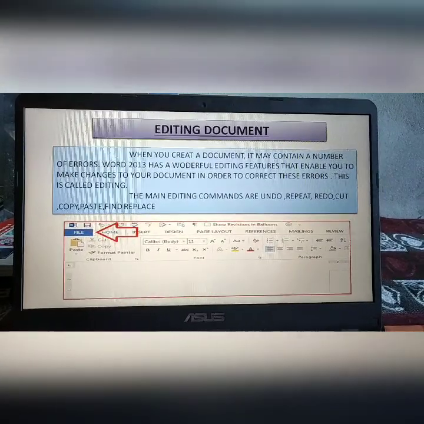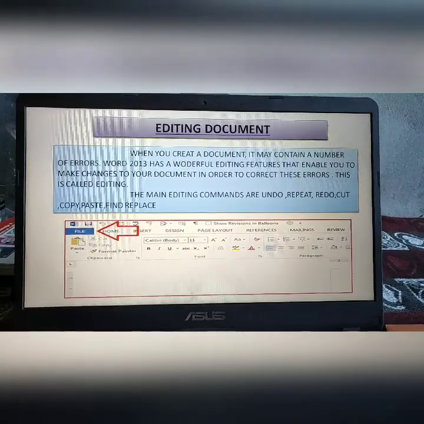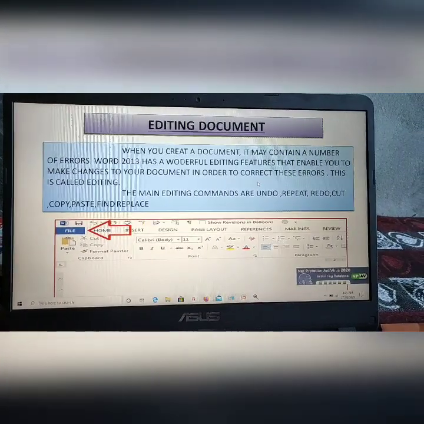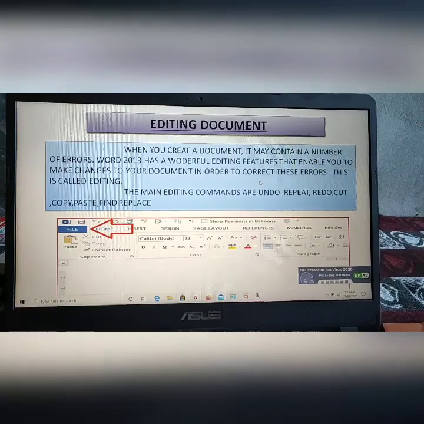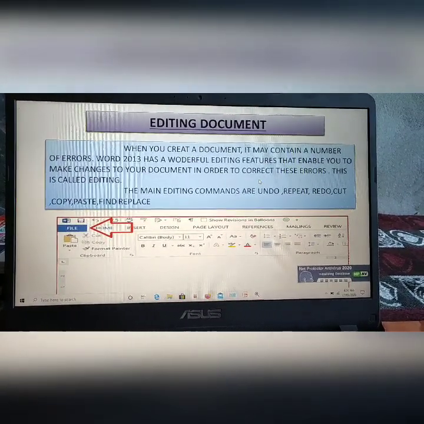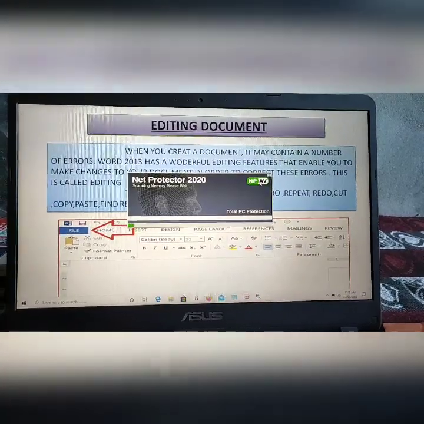And we know that the main editing commands are undo, repeat, redo, cut, copy, paste, find and replace. This is the basic concept of editing a document, and these are the main editing commands of Microsoft Word.